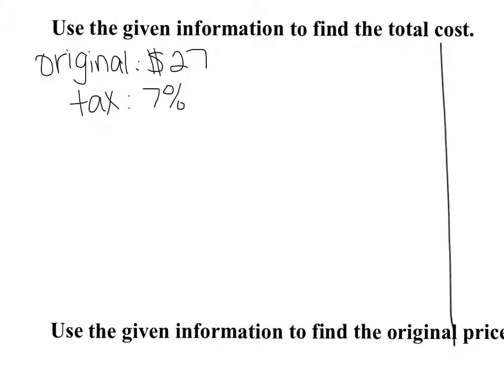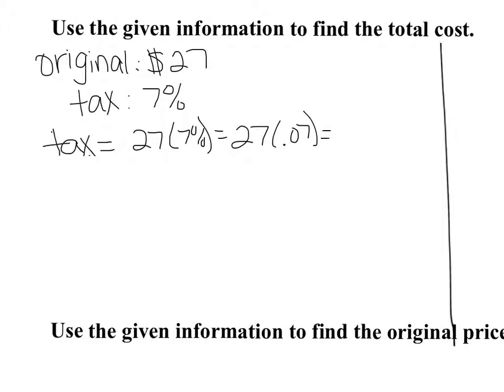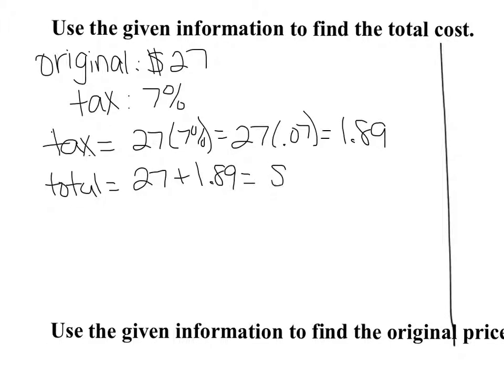So just like before, we can either do this in 2 steps or 1. If we're going to do it in 2 steps, I first need to find how much I'm going to pay in tax. So to find the tax, I have to pay 7% of that $27. So I need to find out what 7% of 27 is. And when you do that, you should get $1.89. Now that has to be added to my total because that tax increases my cost. So I'm going to take that 27 plus $1.89. And you get a total cost of